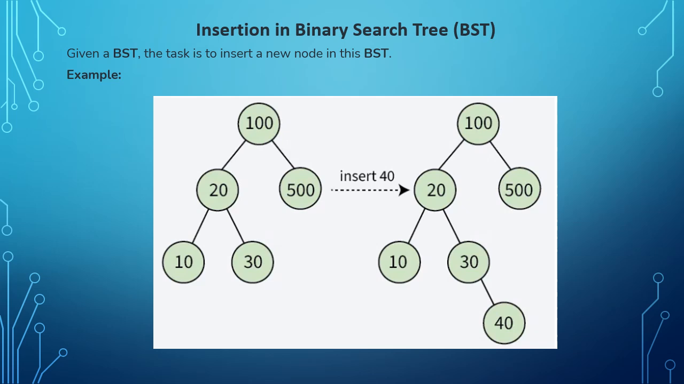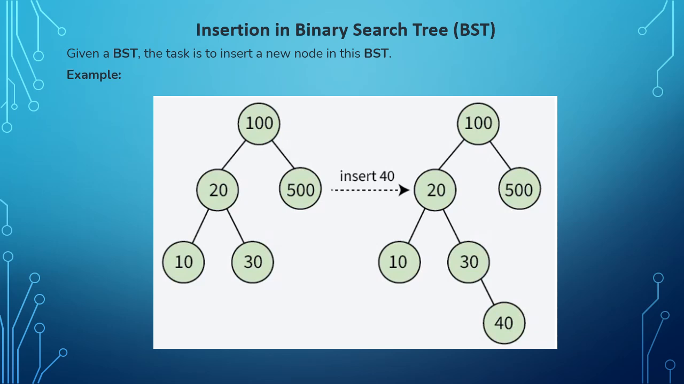First, we check that number with the root node. If the number is less than the root node, then we jump to the left side of the root node, or if the number is greater than the root node, then we jump to the right side of the root node. So by checking all the nodes until we find the edge of the binary search tree, then we perform insertion. So if we are going to insert 40 into this binary search tree, first we check with